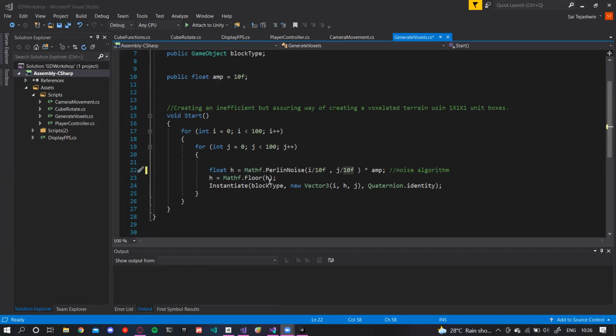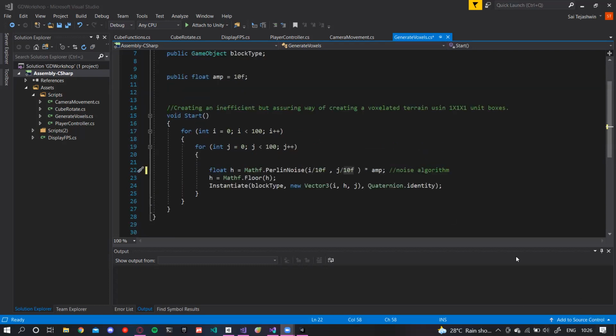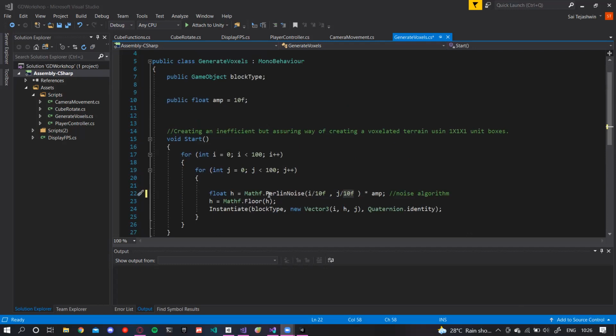Right now I'm not using any mesh rendering. Maybe if I want, I can show my project later once this workshop is done. So over here, Perlin noise acts as a noise algorithm where, if I draw a graph with respect to Perlin noise and my y, taking some parameters as x or y, it is a very clunky graph.